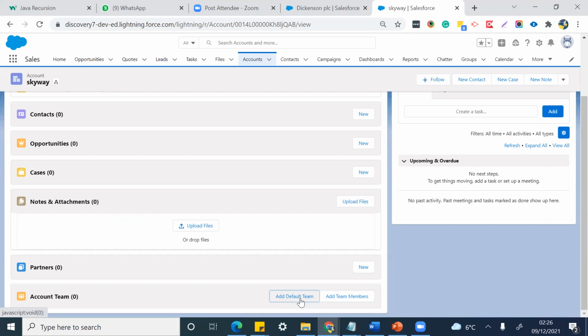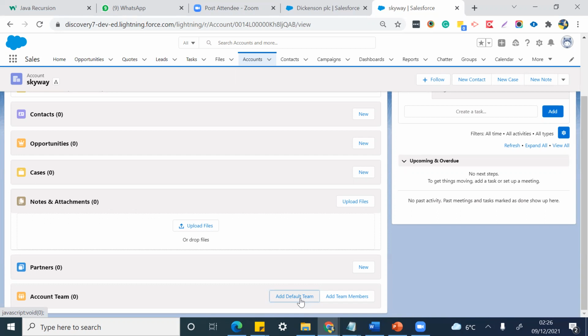Yes, sir. So the advantage of a default team is, let us say we have new members joining and you want them to join our default, give access to the accounts. We can create a default account team and give them straight away access. Correct, madam. So you need to add that account team members to your user record.